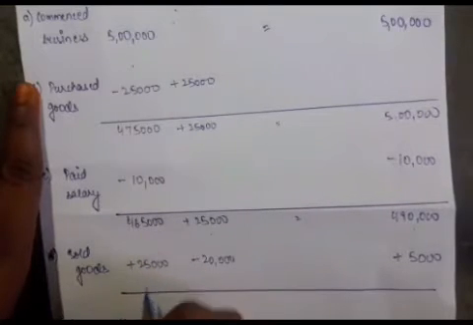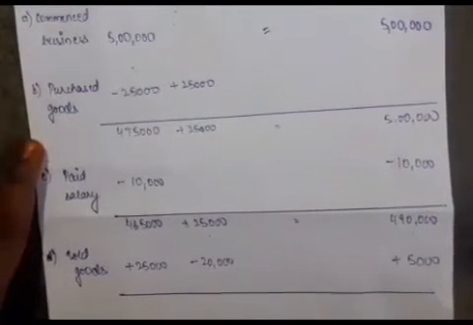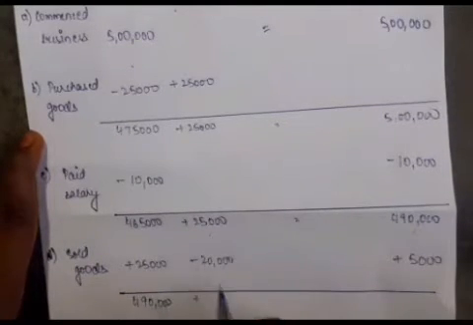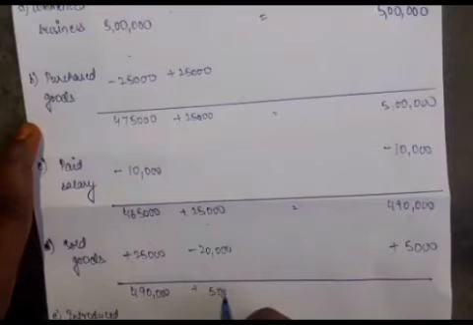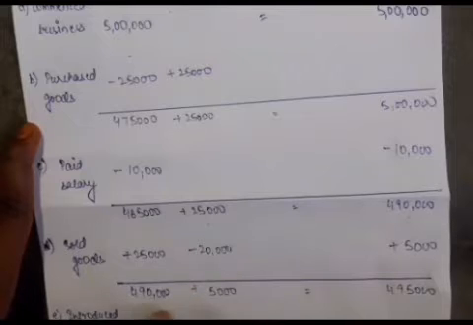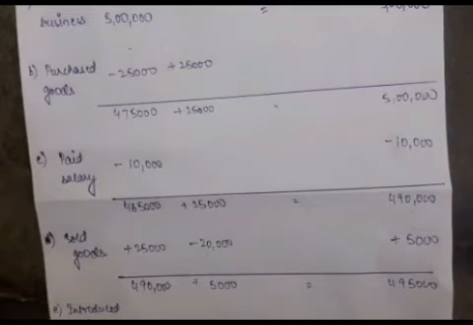Okay, so here now we can just add it up. So it would be here 4,90,000, and then here it would be 25,000 minus 20,000, it would be 5,000, and here it would be 4,95,000. So if you check it out here, our both the sides are matching. 4,90,000 plus 5,000 is 4,95,000.